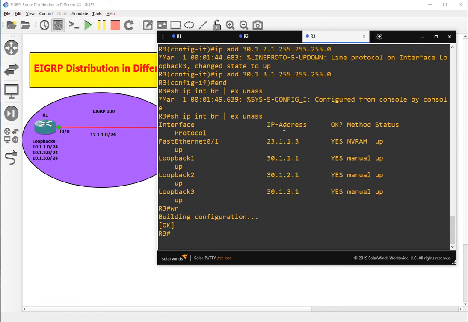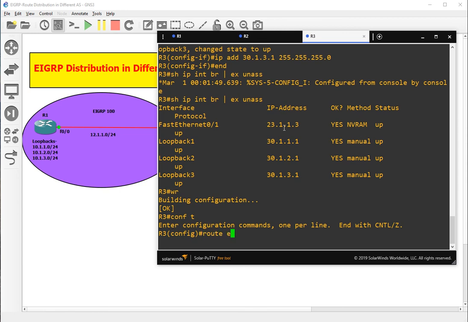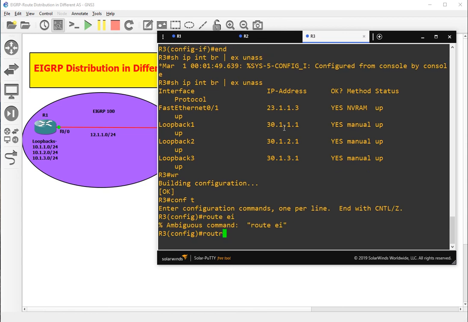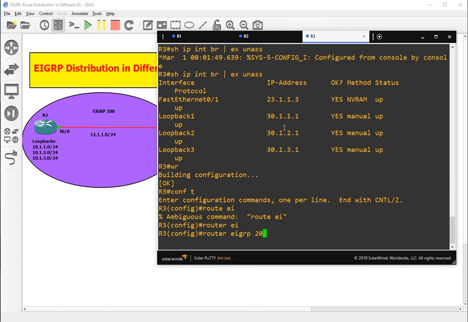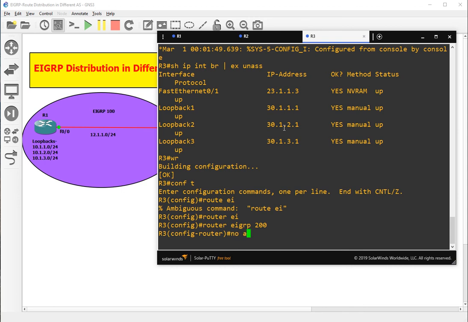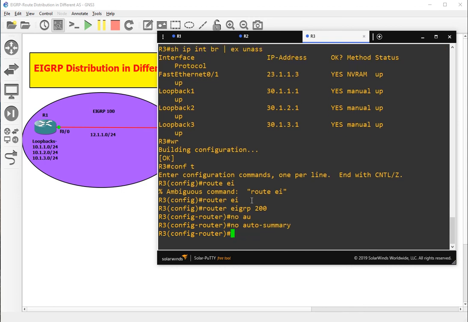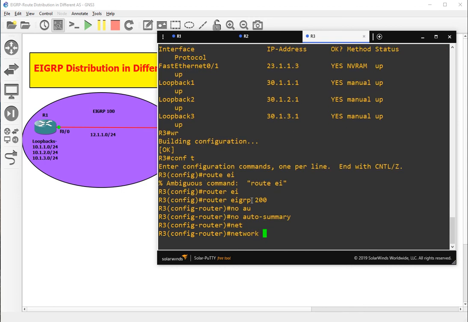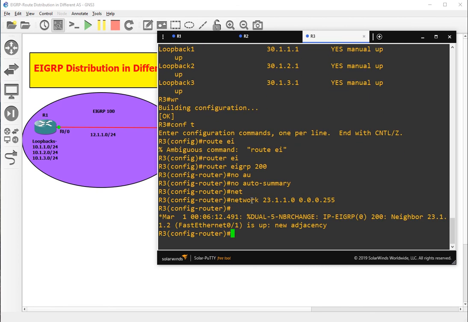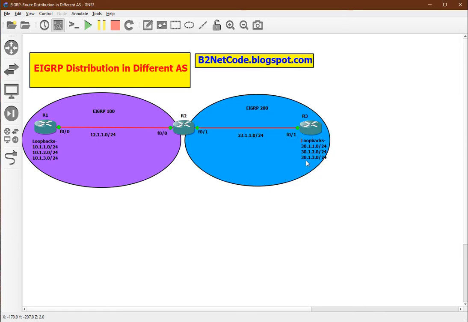Now let's go to R3. Here 200 process is running, right? No auto-summary, and network is 23.1.1.0 0.0.0.255.